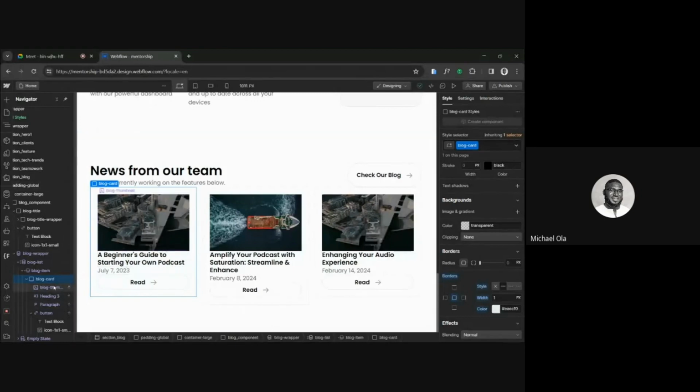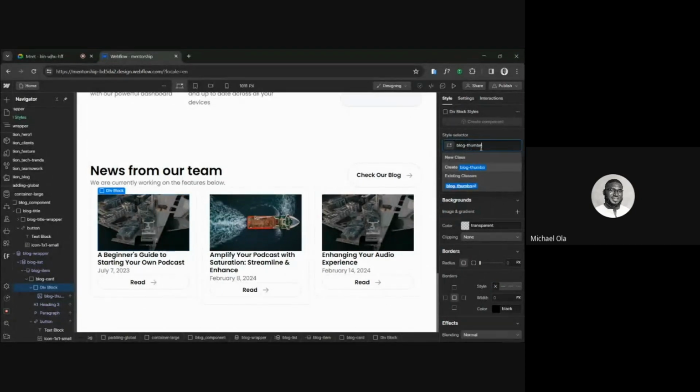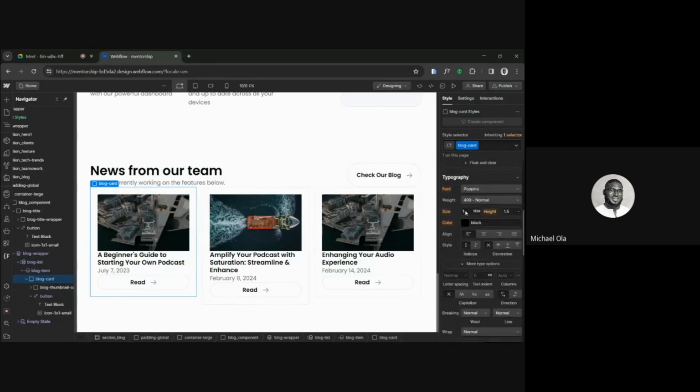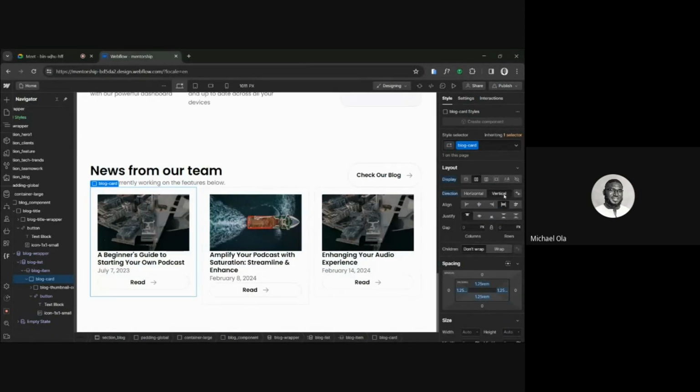So I'm going to create a div block inside the card, or I can just wrap my thumbnail with a div block, and I'm going to call it blog thumbnail content. Then I'm going to drag my heading inside it also, and I'm going to add my paragraph. Then if I click on my blog card, I can make it a flex item, then this time around vertical, and then give it a gap of,